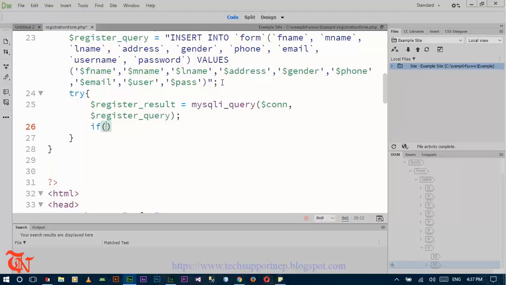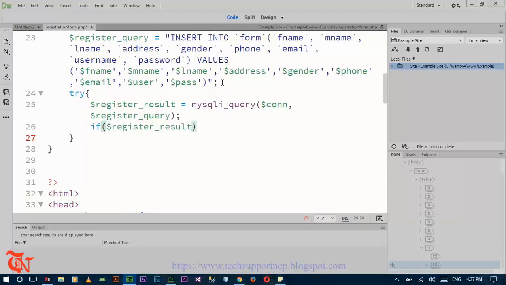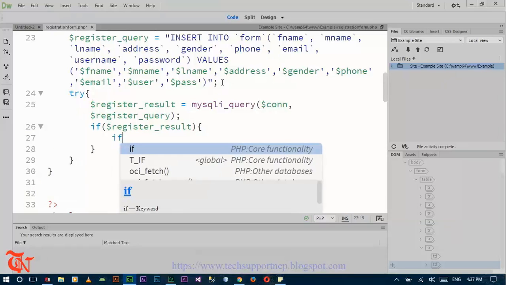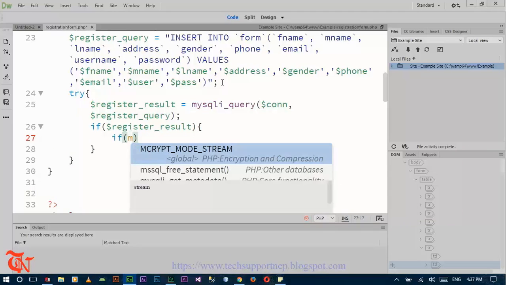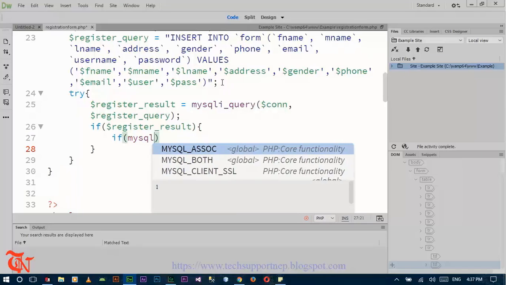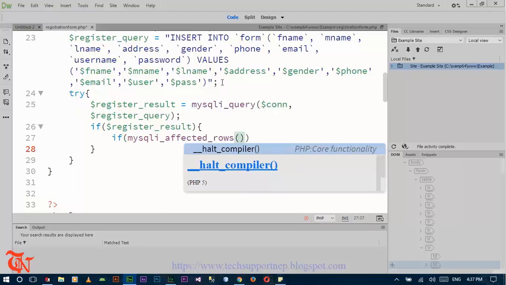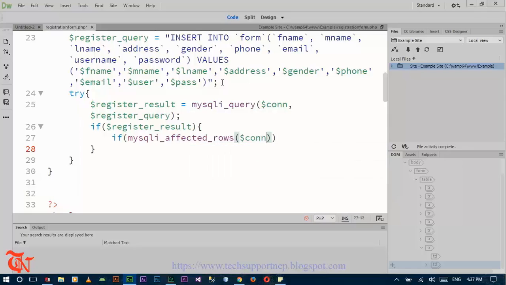If there is a result, and again if mysql affected rows is greater than 0, that means if the database row is affected, then the message should appear